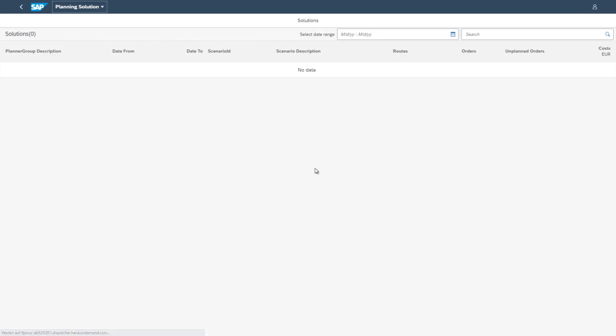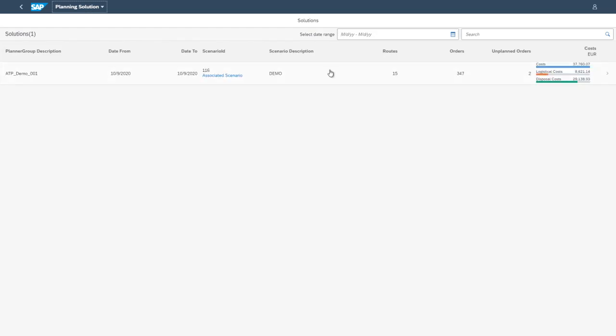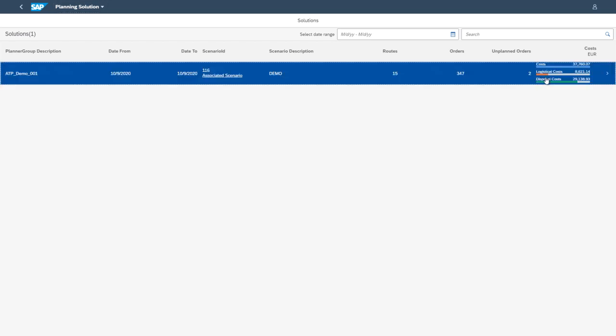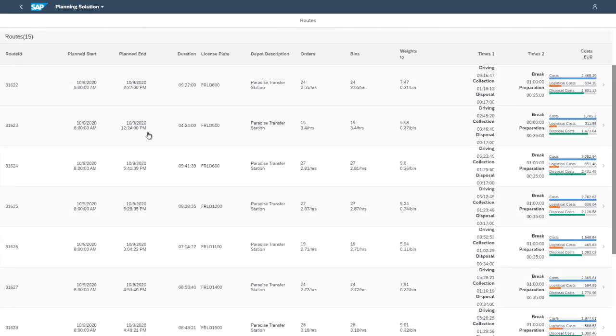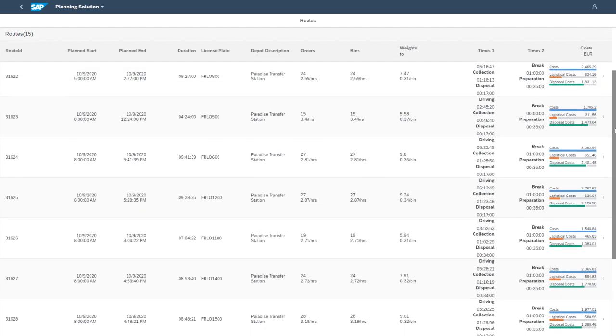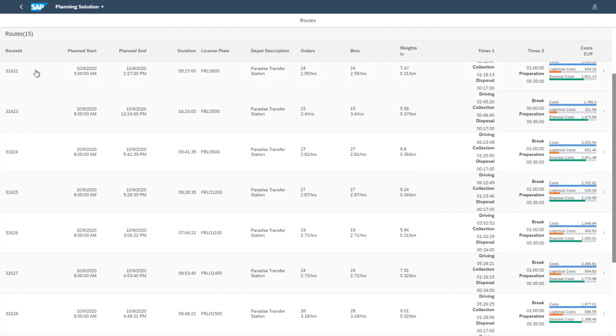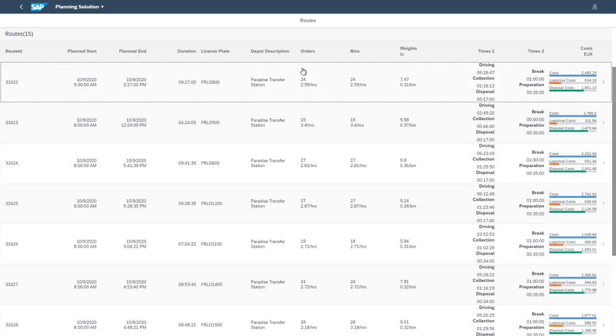And you see now we can look into the latest solution which was found. 15 routes we are just needing currently, and you can go into that solution, look at all the routes, see the orders per route, see the costs per route.